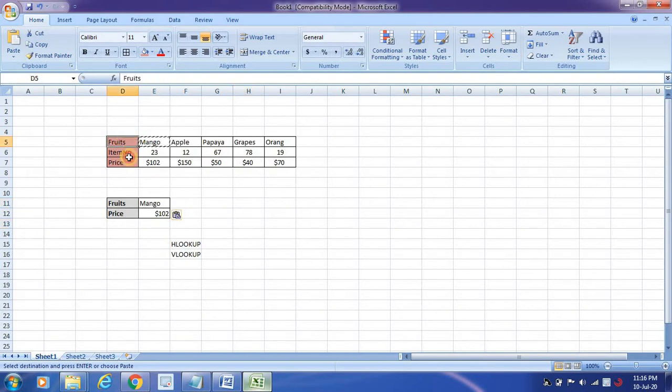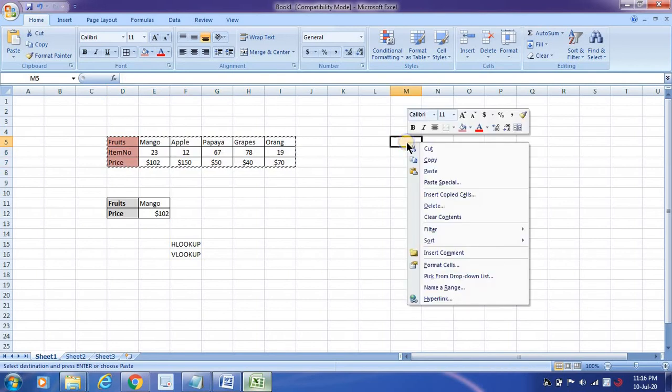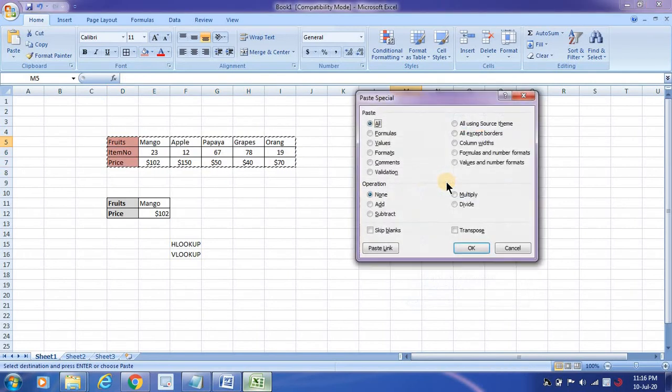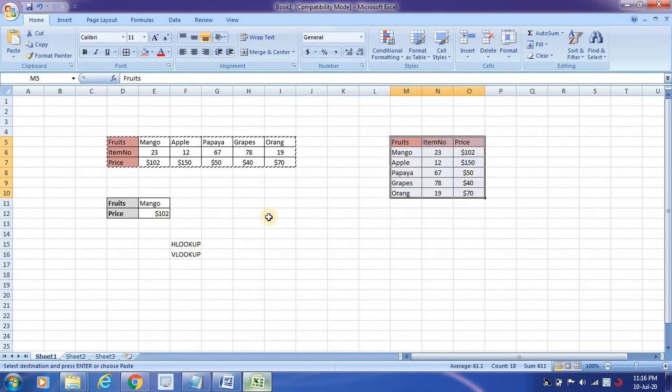So how do you do it? Say let's say this entire table is in column format. You already know how to transpose a particular row or column. Now I want to transpose everything. Select everything, right click, paste special and click on transpose. Select the option as transpose and click on OK. So see, the rows are converted into columns and columns are converted into rows. This is called the transpose of a particular row or column, whatever you want.